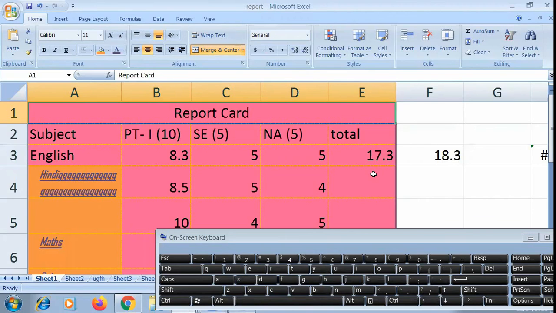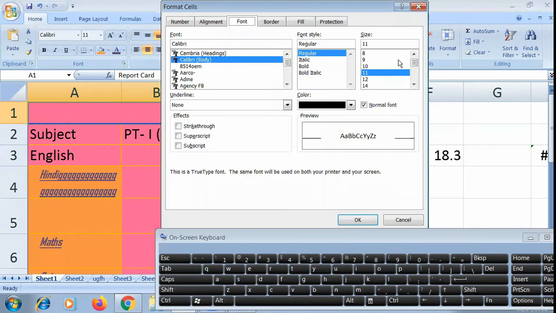Okay, the font dialog box, in the book I think every point is clear. Here, you can use the font dialog box when you click on the launcher of font. From here, the font tab is there. You can set superscript, subscript here. You can see two options are there, as these options are available in Word. Underline you can use.